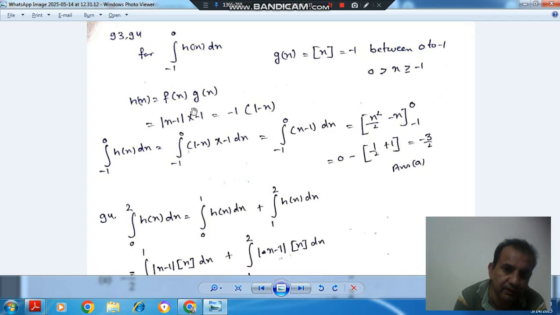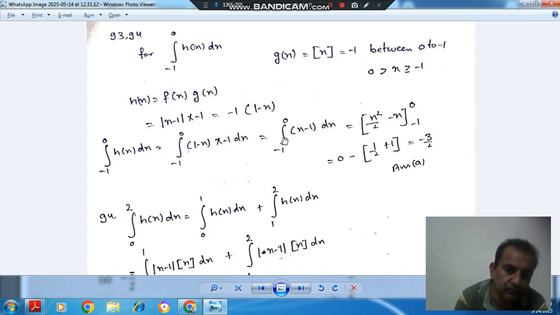So now this equation can be written as modulus of x minus 1 into minus 1. If we put x equal to minus 1, the expression x minus 1 is negative, so we will change the sign, which will make it positive, because we have to take the modulus. So modulus of x minus 1 will be equal to 1 minus x. Now we can put this expression here and integrate it. So it will be minus (1 minus x), that is, x minus 1,